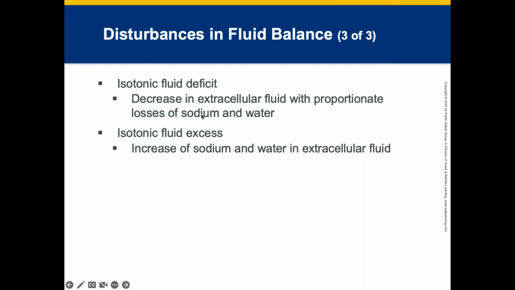The average adult urinates 30 mLs an hour. That's if you had a Foley catheter in place, you should be putting out at minimum 30 mLs an hour. Anything less than that, then we have something wrong with the kidneys. Why are they not working? And that goes back into more testing to see if they're in kidney failure.